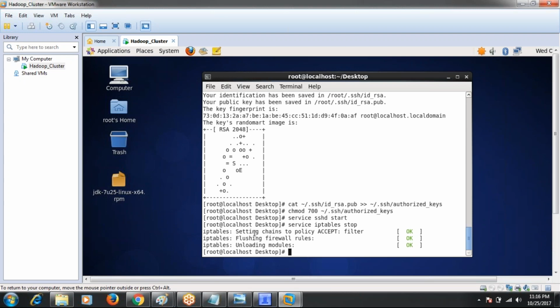Why? Because the IP firewalls are on. So we compulsorily have to turn off the IP firewalls. That is the reason we are stopping the IP tables, or we can call it IP firewalls also. By using this command, we are stopping the IP firewalls.